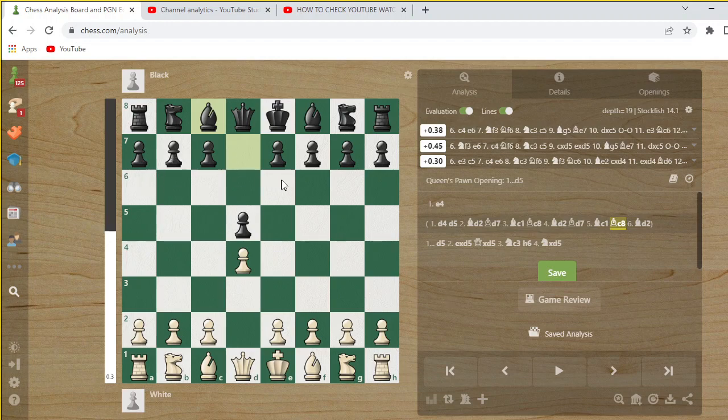One way to draw also is if you don't have enough material to checkmate the opponent, then it's a draw. So if it's bishop and king versus bishop and king, then it's a draw, because the bishops on their own can't checkmate the king. It's physically impossible. But if it was pawn, bishop, king versus pawn, bishop, king, then because pawns can become queens and you can checkmate with queens, if you get the pawns to the other side of the board,